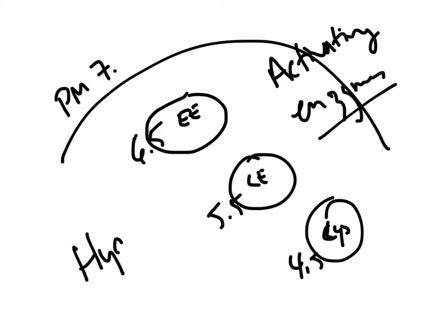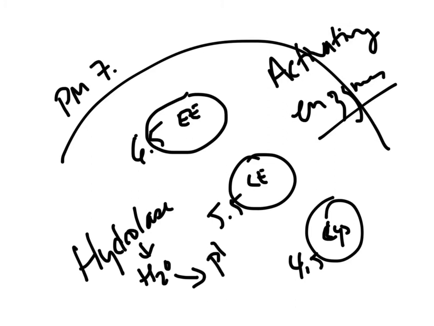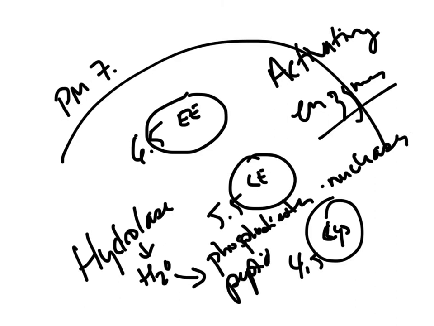So what is a hydrolase? It is going to utilize water to help break bonds. So these acid hydrolases are nucleases. They're going to break phosphodiester bonds. Okay, so that's nucleases. Proteases, what do proteases have? They have peptide bonds. So proteases. All of the different enzymes are going to be breaking bonds,